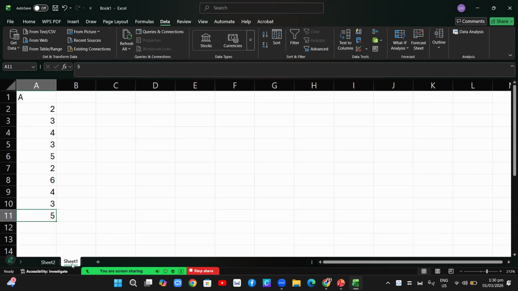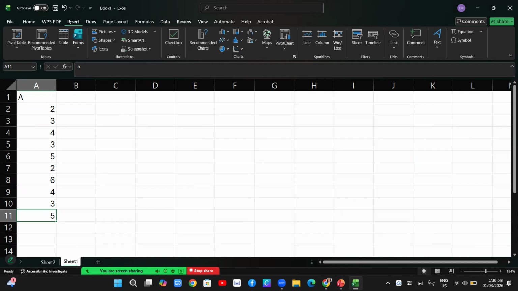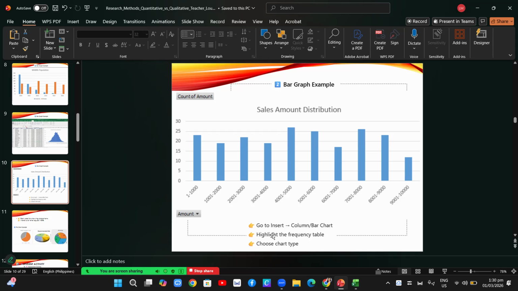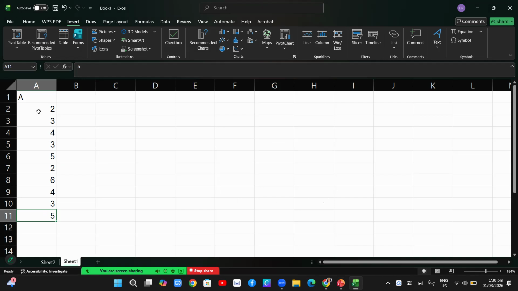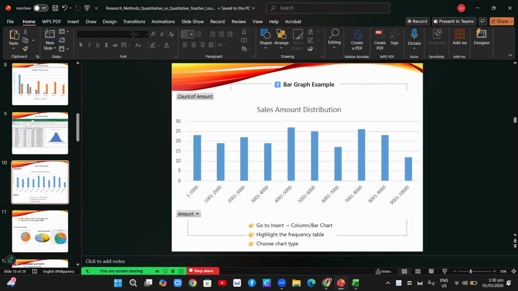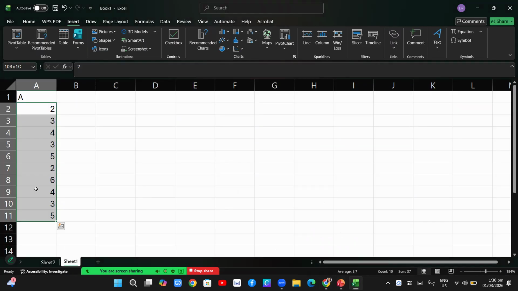Let's press insert, then highlight the frequency table. After we highlight, we choose the chart type. Where is the chart? Okay, chart.